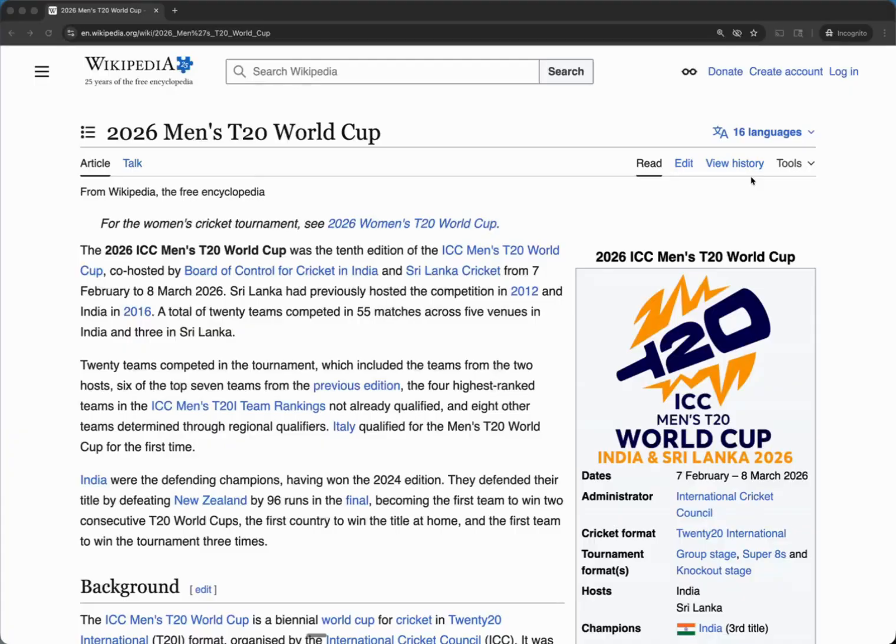Hi everyone. Today I'm going to show you a few tools you can use to better understand how a Wikipedia article is performing. This includes things like how much traffic a page receives, how actively it's edited, and how people